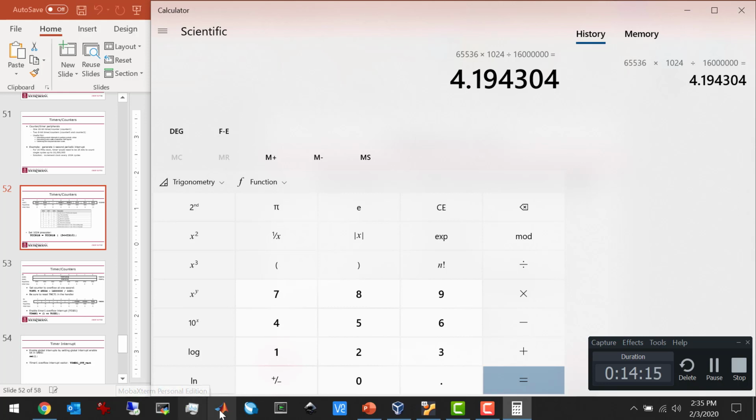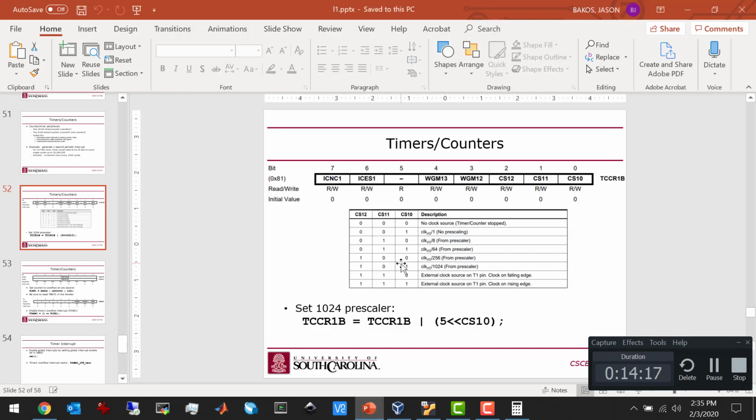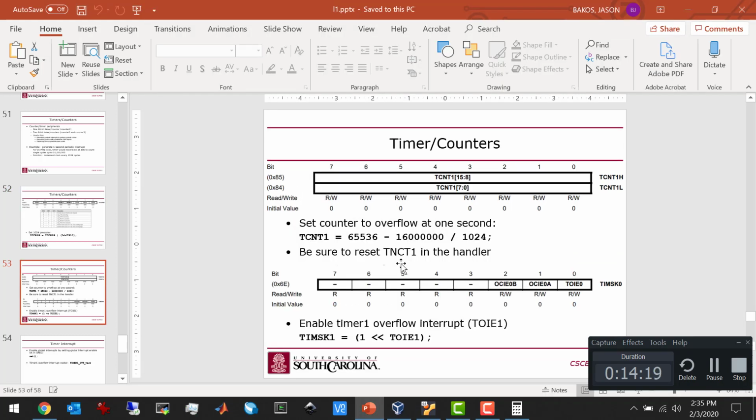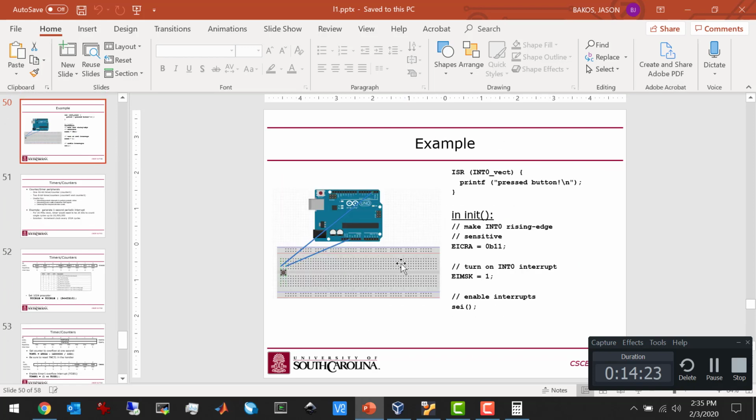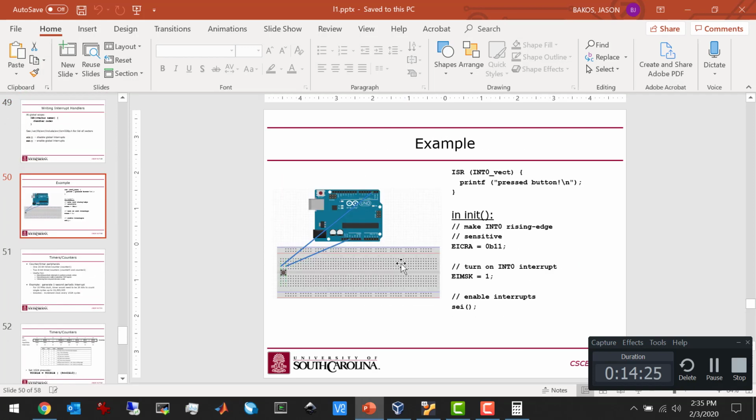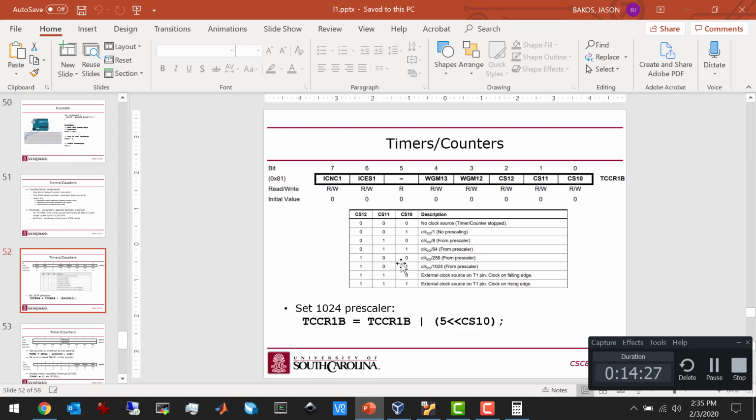Now the counters, they're kind of complex. They have 3 different control registers, A, B, and C. I think I only have one of them shown here, though, for simplicity. It's the B one, so TCCR1B. This one is where you control the prescaling, which is what I was talking about,